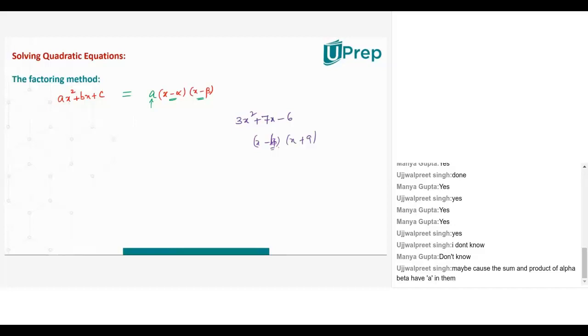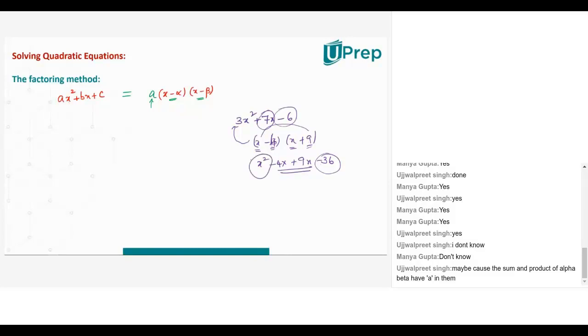X minus something, x plus something, like this I get two factors. What happens if I reverse follow this method? I mean multiply these two linear factors and try to go back here. X into x will give me x square, minus 4 into x will give me minus 4x, 9 into x will give me plus 9x, minus 4 into 9 will give me minus 36. You observe here, whatever is this x terms that I can map with 7x, whatever is the constant that I can map with 6. But am I getting 3x square back?